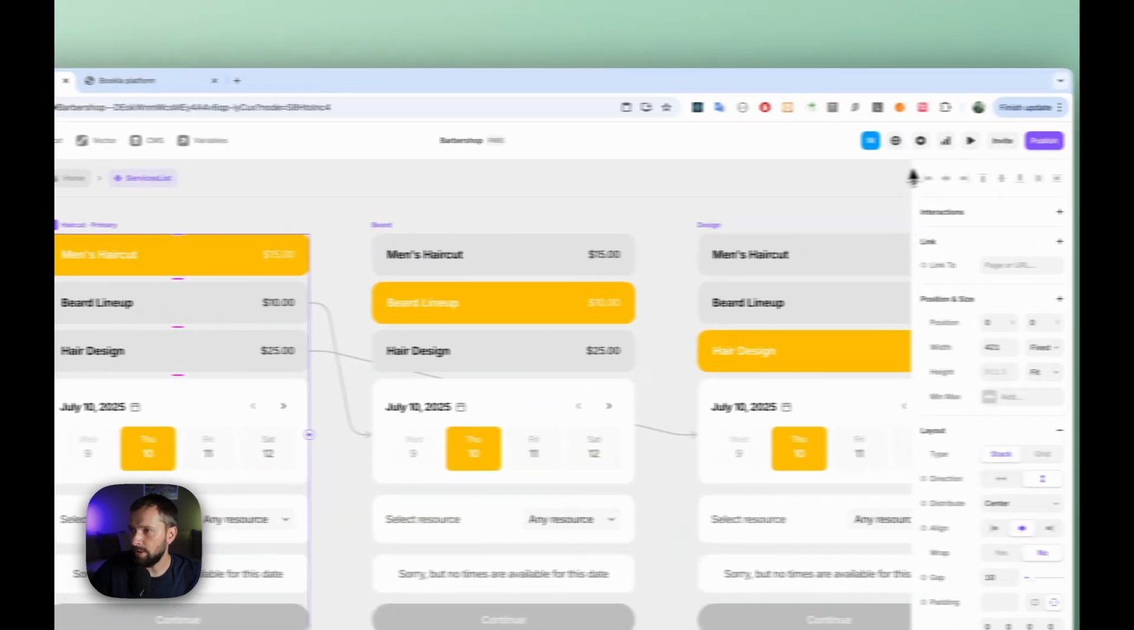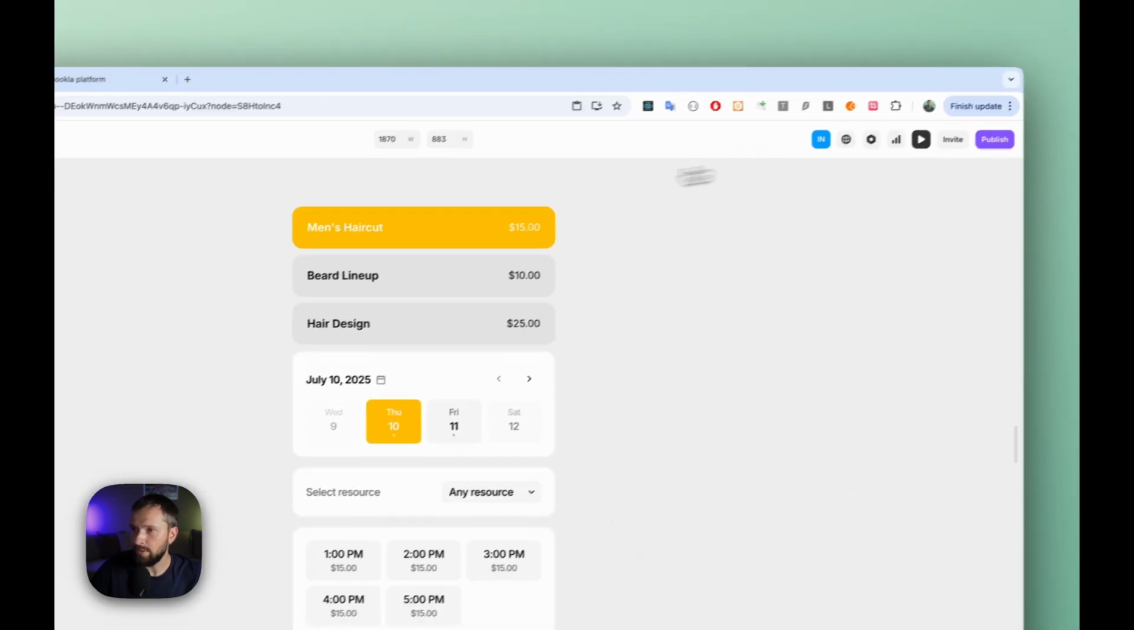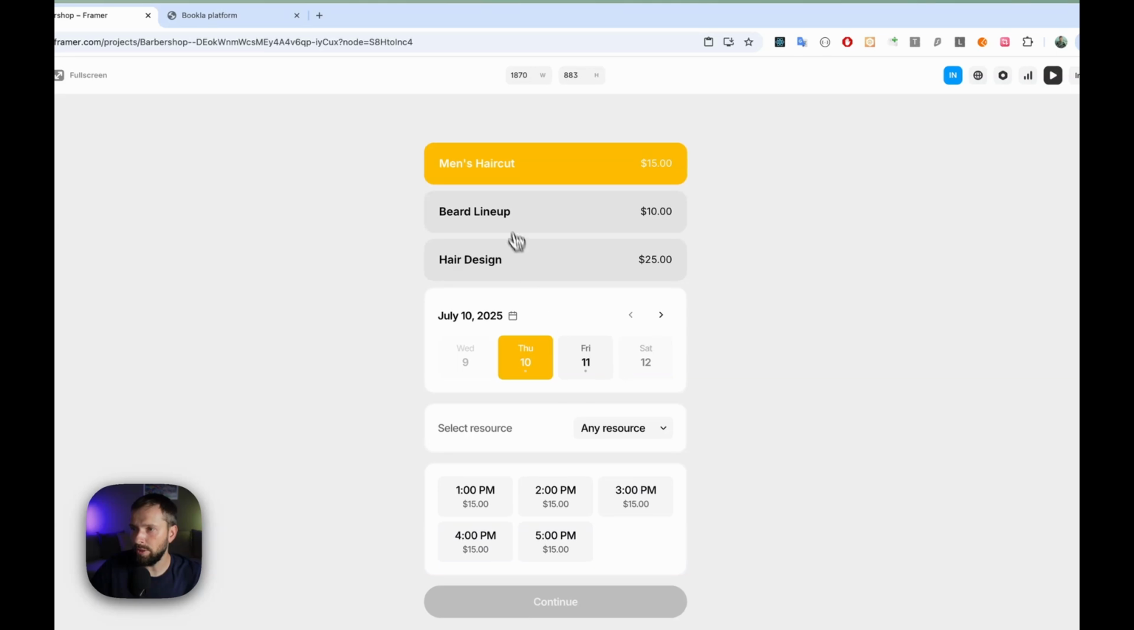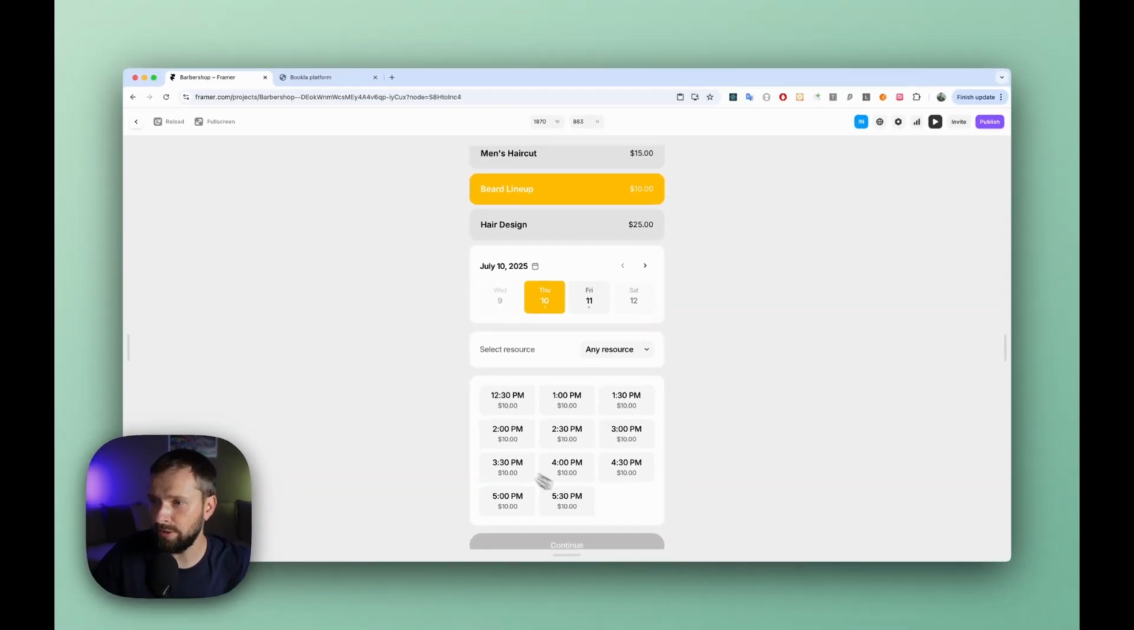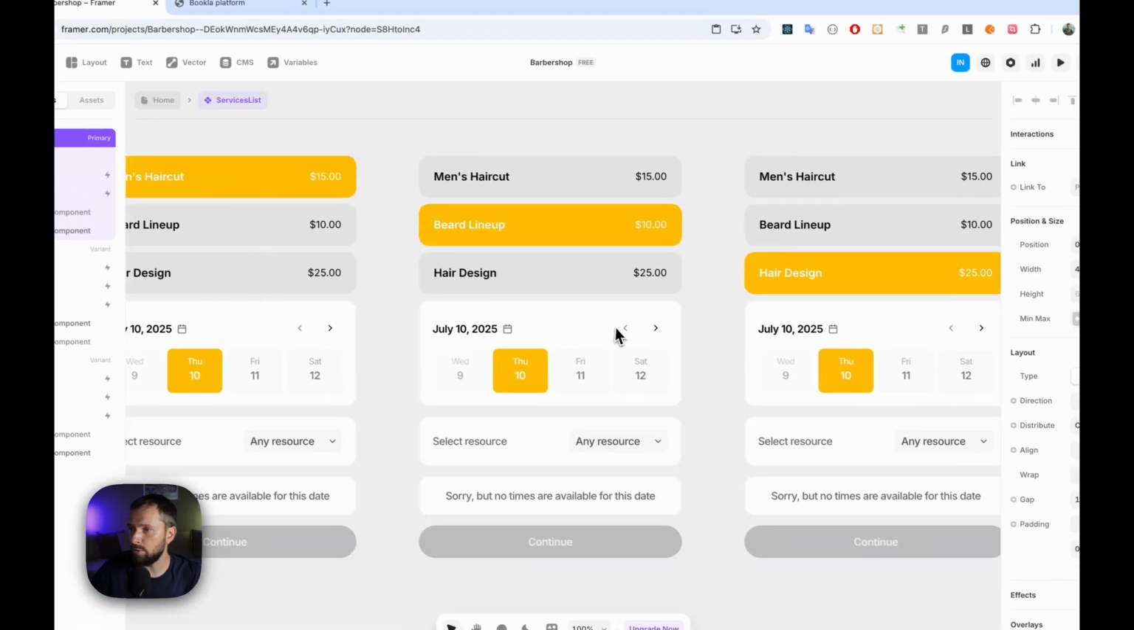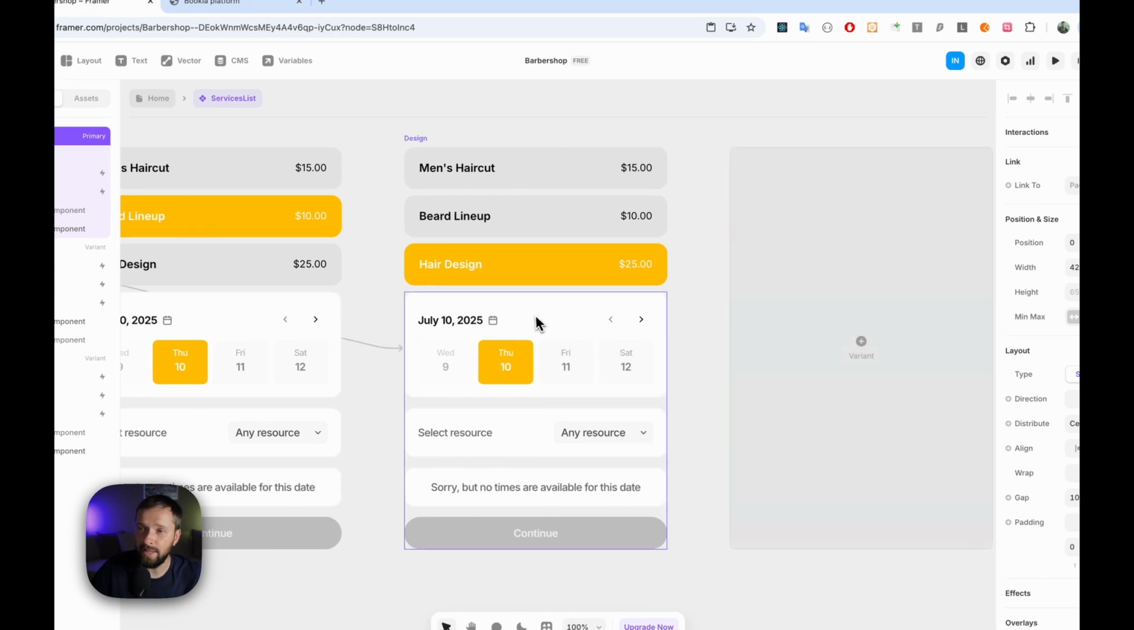And now let's check if it's working. So men's haircut is working, bird lineup also is working. So $10, $10, and we see that this service is available more often because it's a shorter service, just 30 minutes. And the last thing, we need to do the same with the last hair design